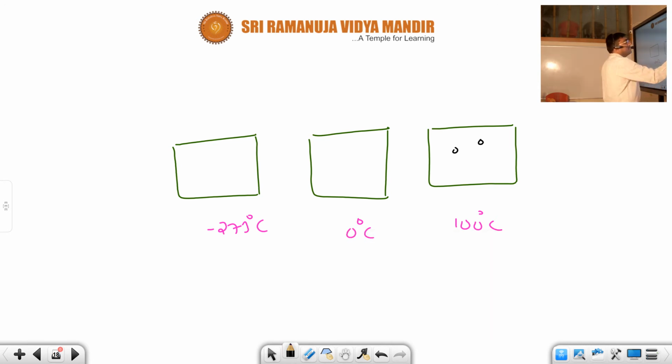Now at 100 degrees centigrade, you know, gas molecules are farther. At 0 degrees centigrade, gas molecules are nearer. And at minus 270 degrees centigrade, almost it has a negligible volume because the molecular motion ceases or kinetic energy drastically decreases, and naturally because of lacking motion, the volume becomes negligible. That's why we consider the gaseous volume as 0 volume.